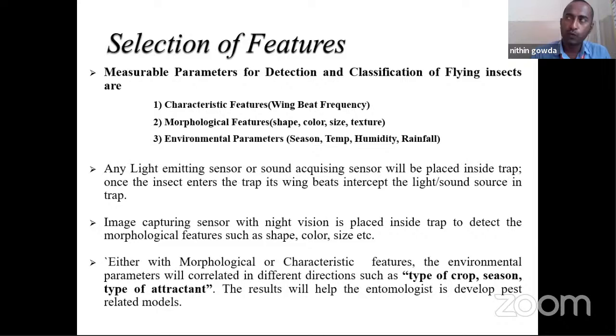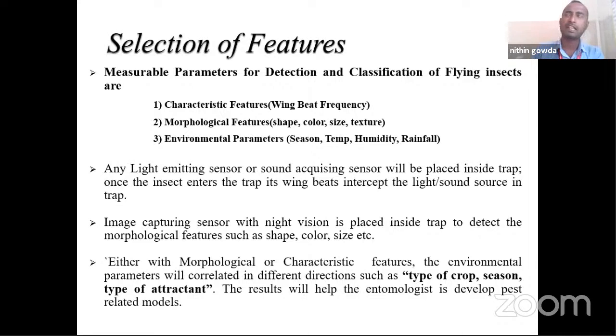That will attract the pollinators as well as harmful insects to a particular plant. So such things can be used to attract insects for the setup that we are going to use and to classify them. Okay, so the conclusion is the features that you can use to recognize